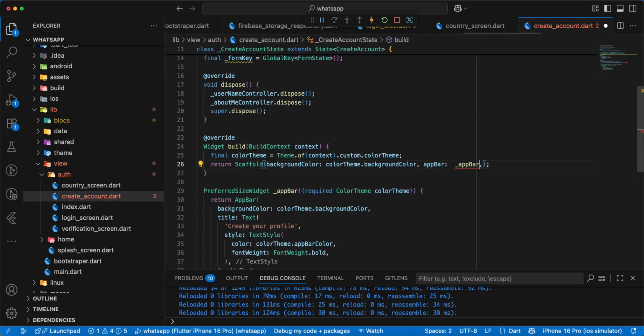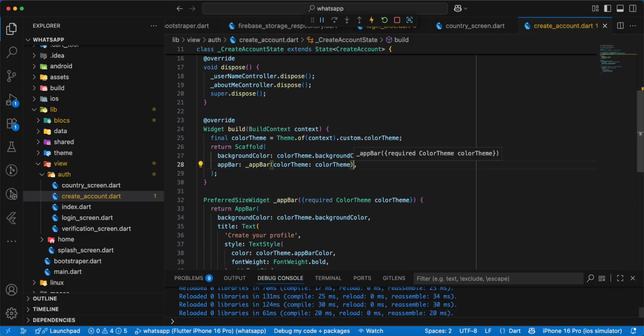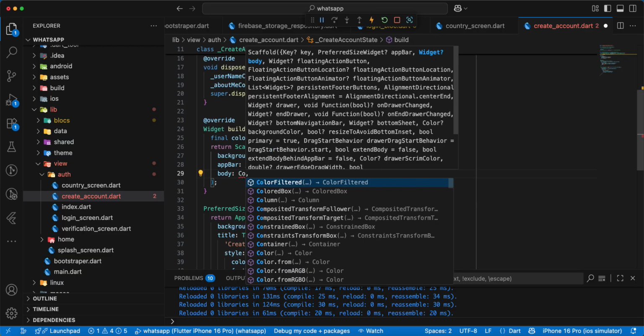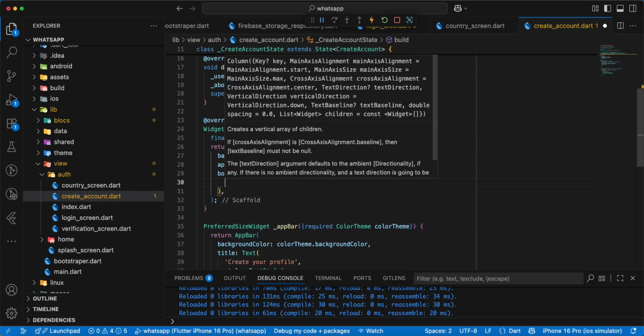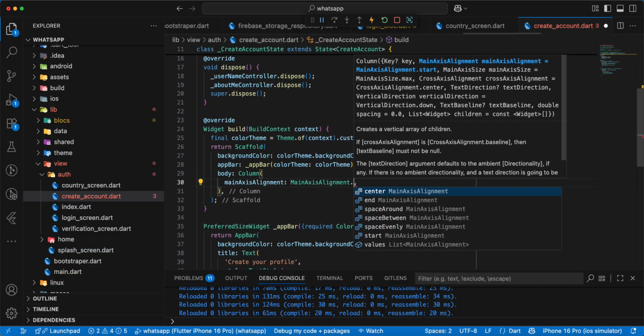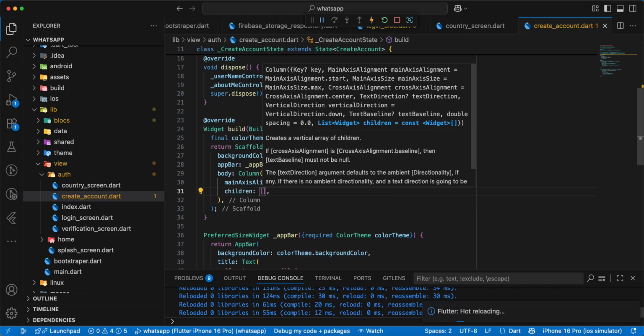Write app bar, add body, add widget column, add parameter main axis alignment space between children,